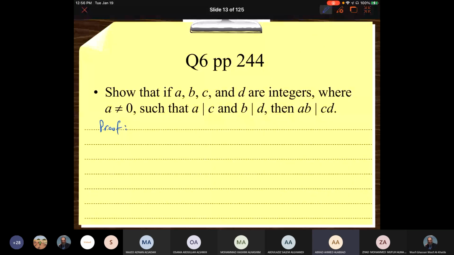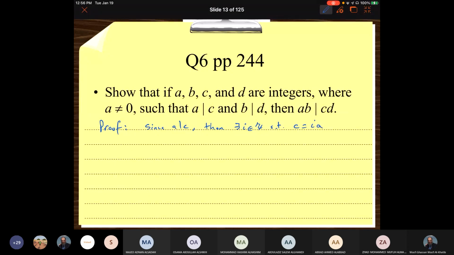Well, in this case, guys, try the direct proof. Because the theorem does not seem to be applying here, right? I do not see anywhere where I can multiply and get the result. So what I will do is, since A divides C, then there exists an integer I such that C is equal